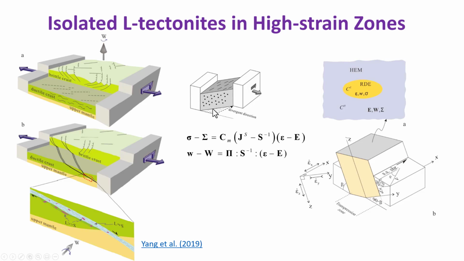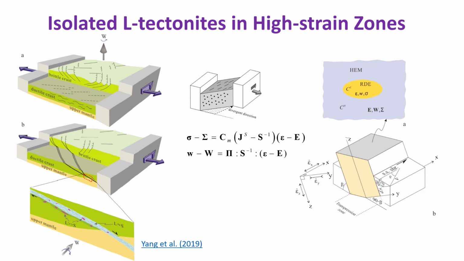For a long time, a popular interpretation of L-tectonites has been the homogeneous transtension model of Sanderson and Marchini. However, this model predicts a constrictional strain field throughout the deformation zone, which has never been reported in nature. L-tectonites formed by partitioned fields mean that they can occur in any deformation environment.